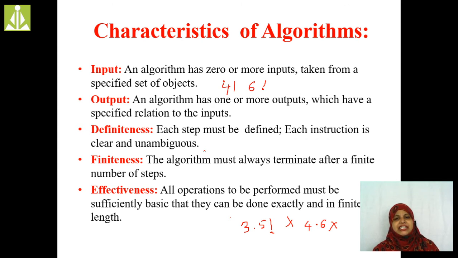So whenever we are designing any algorithm, that particular domain person must know what type of output is going to be generated, here in that format. That person must know the expected output. For example, the answer of 4 factorial is 24, but he is going to check 4.6, 4.8. Is it right? No. While we write any algorithm, we must know what type of input we have to give and what type of output that particular algorithm is going to generate while we process it. This is the second characteristic of an algorithm.